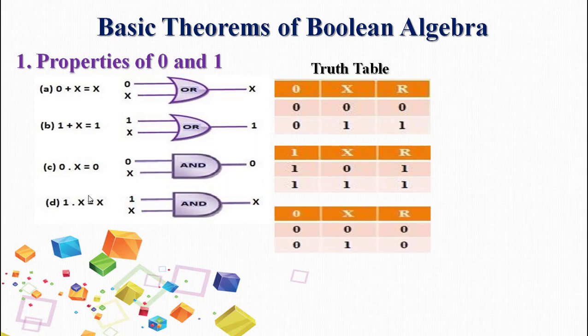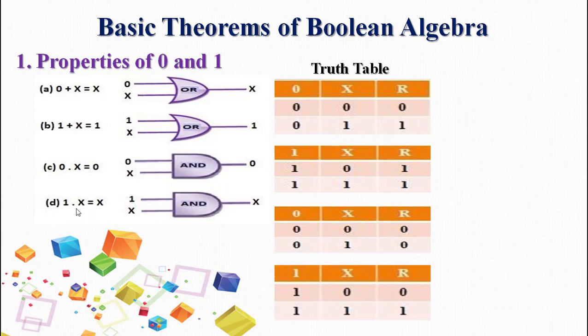Now for the third one, 0 and x. 0 is constant and x is a variable, a binary quantity variable. A single variable can take two values, 0 and 1. 0 will be constant for all the inputs of x. So now multiplication has to be done because the dot operator is there. 0 multiplied by 0 is 0. 0 multiplied by 1 is 0. So it is satisfying the column of the constant. So x multiplied by 0 is 0. That is the theorem proved.